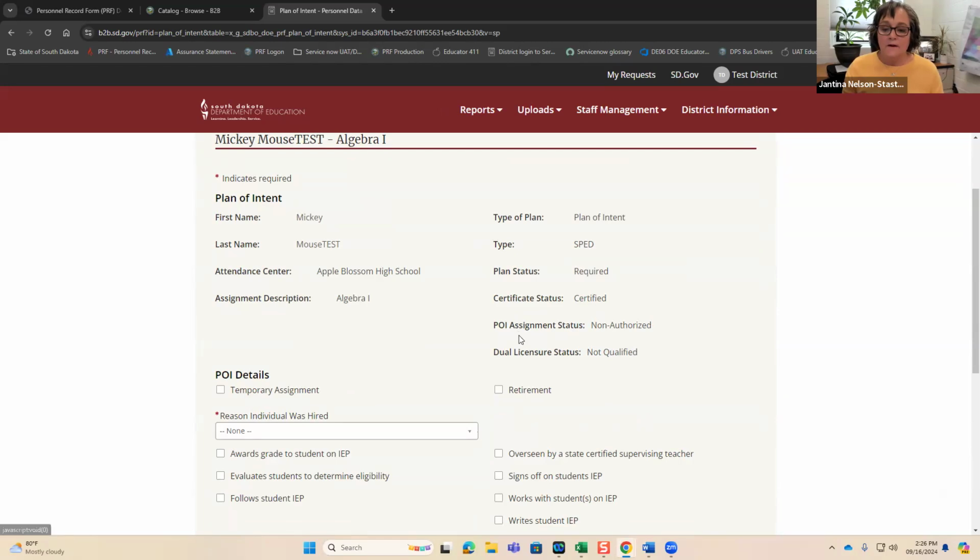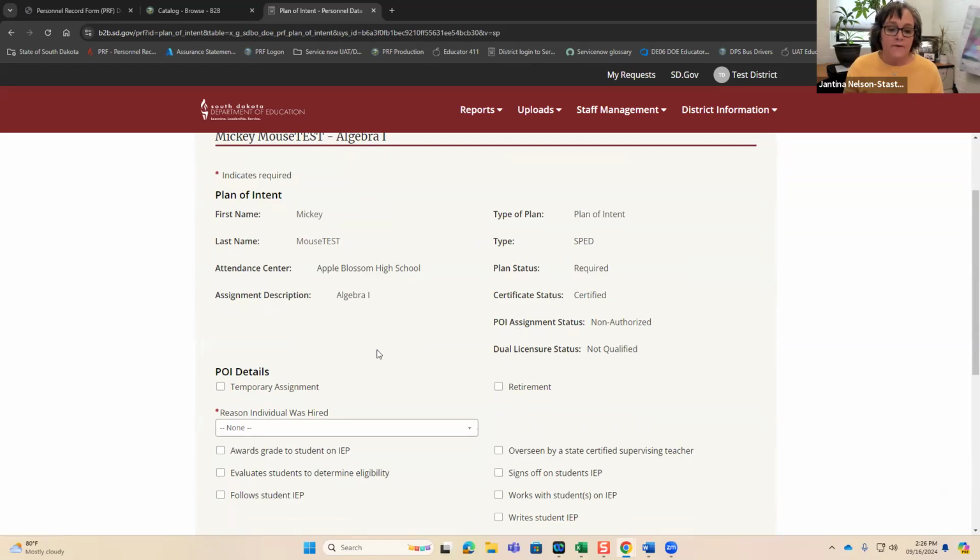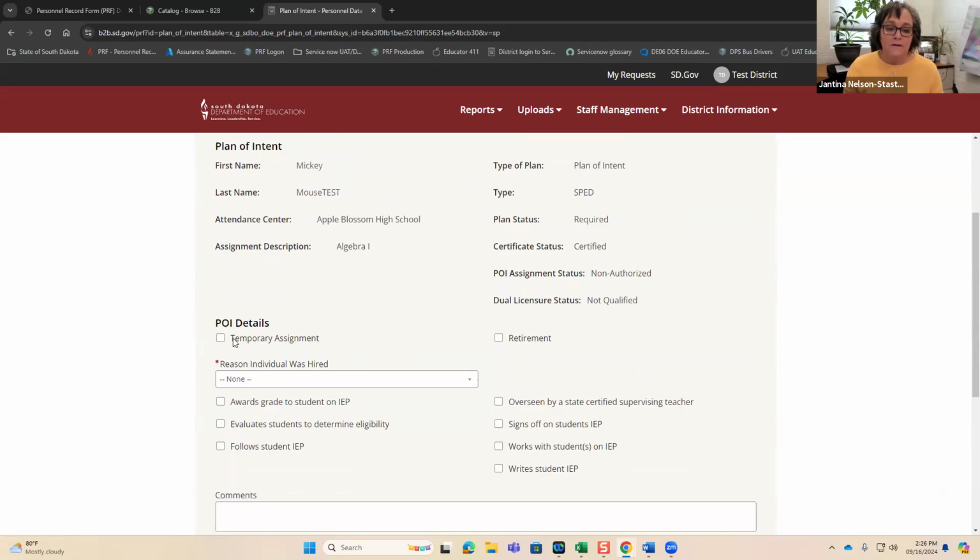Again, he's listed as non-authorized. As far as the checkboxes for temporary or retirement, if you put that in, that flags accreditation to review this plan of intent and why you don't have them set up to gain that licensure. So most of the time you're going to skip these with the exception of those long-term substitutes.